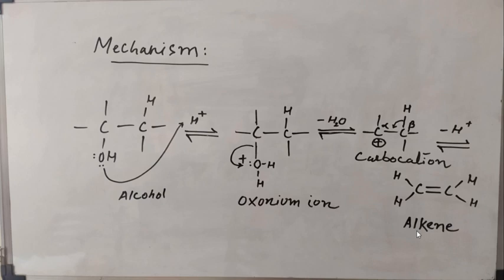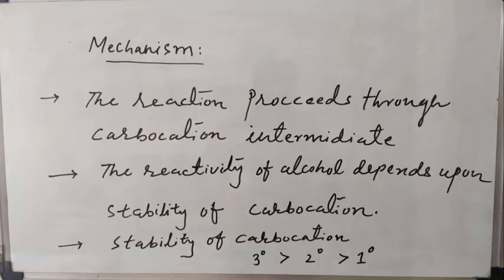Okay, so overall the reaction mechanism forms a carbocation intermediate, and as we know, the stability of carbocation is that tertiary carbocation is more stable than secondary, than primary. In the case of tertiary carbocation there are three methyl groups, so the plus inductive effect of the methyl groups stabilizes the carbocation intermediate. So tertiary carbocation is more stabilized, due to the greater plus inductive effect, than secondary than primary carbocation.